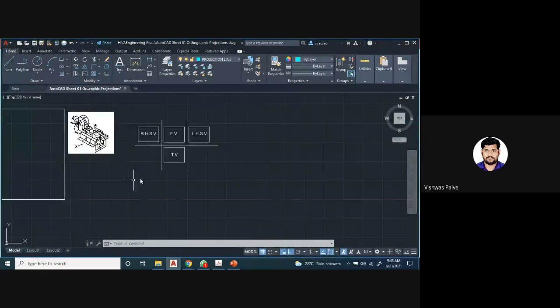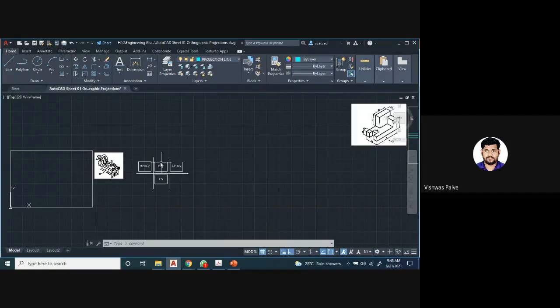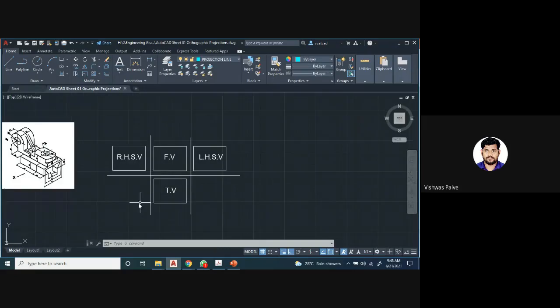Means what we are doing, we are dividing the rectangle into 4 equal parts, and we are fitting it as per our choice. We can utilize this space, right? Whenever we want to draw a right hand side view, our fit rectangle will be somewhat like this.